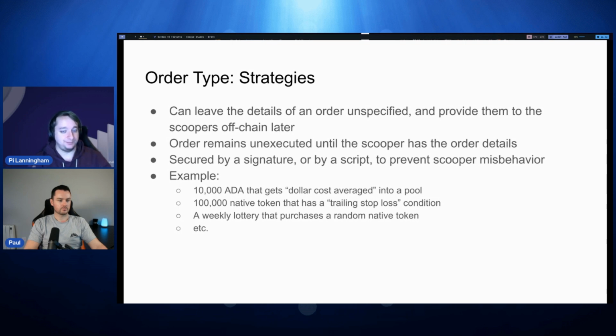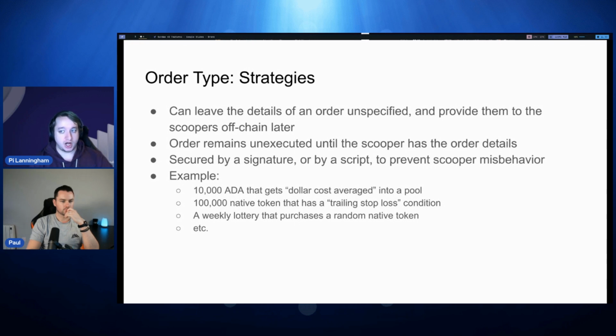The communities in crypto can be sensitive, so I want to give credit to them for what they do, and I also want to point out the differences. I don't think either one is better or worse. I think we make different trade-offs that better fit the Sunday protocol than what Axo built, and I think that's totally great. But basically, what this allows you to do is say, hey, I'm going to leave the details of my order unspecified.